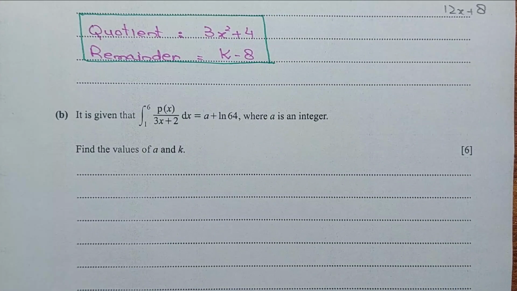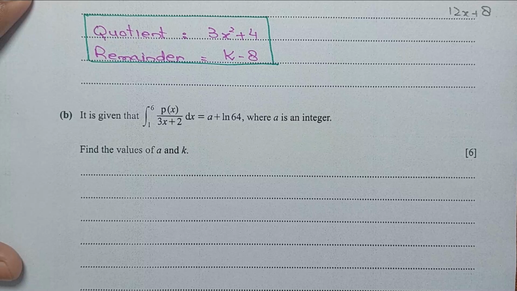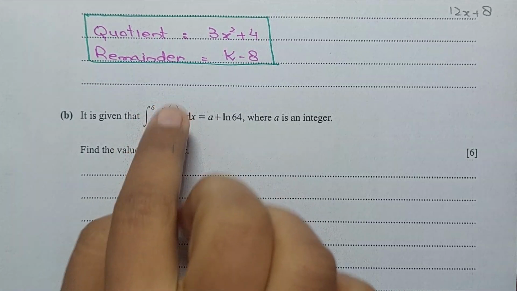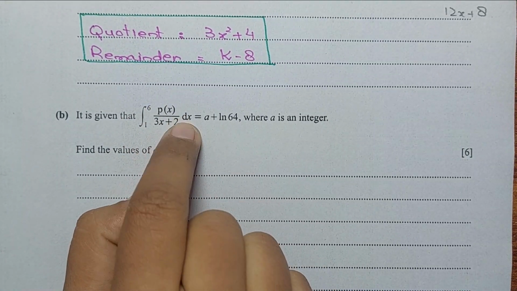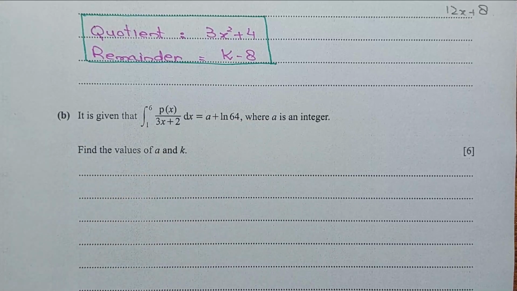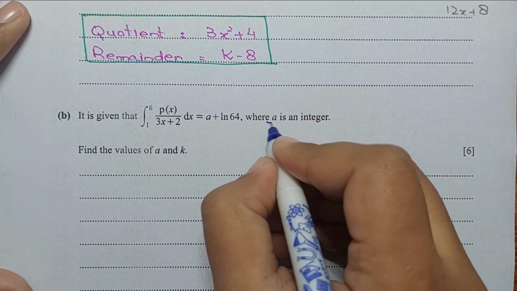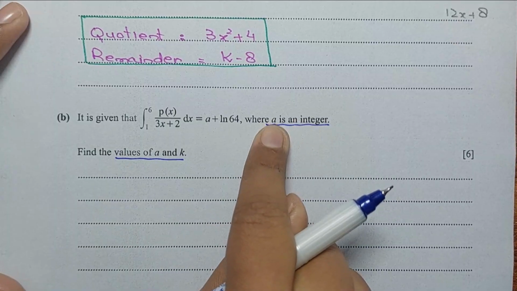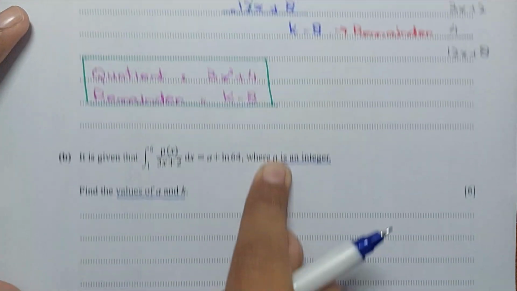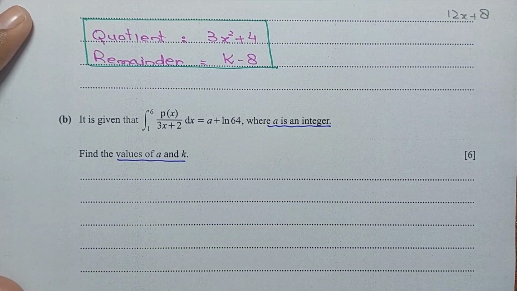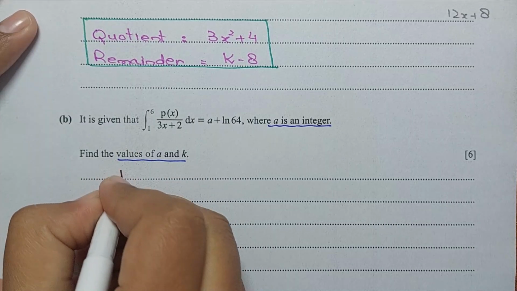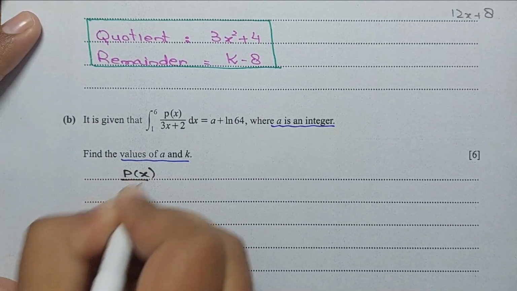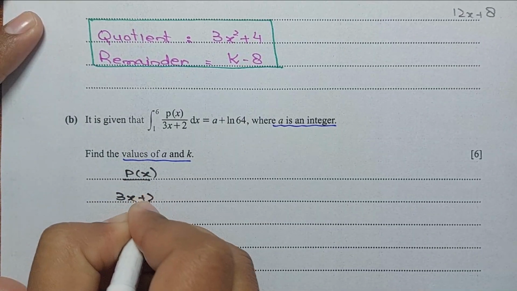Okay, now for part b, it is given that the integral of the polynomial divided by 3x minus 2 dx is this, where a is an integer. Keep it in mind. Find the values of a and k. A should be an integer and k is any constant. All right. So we know that when the polynomial is divided by 3x plus 2, we can write this down as